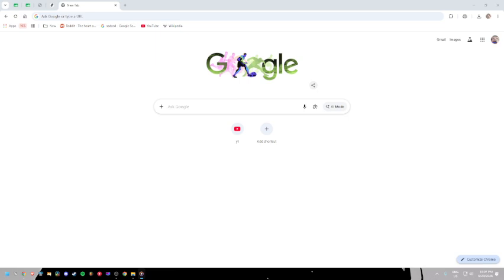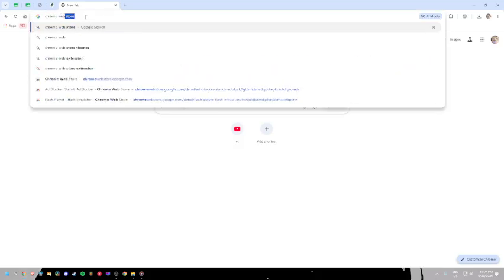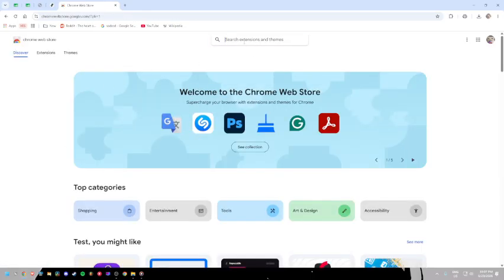I will teach you how to enable ActiveX in Google Chrome. First, open your Google Chrome browser. Look for the address bar at the top of the window, and then go to the Chrome Web Store. You can do this by typing Chrome Web Store into the search area or by using the store link you normally use. Once the store loads, take a moment to make sure you are on the correct page where extensions